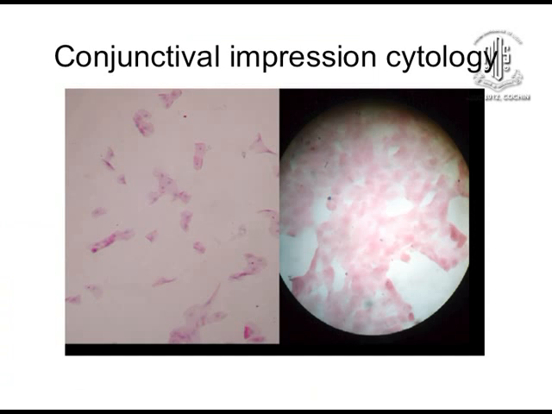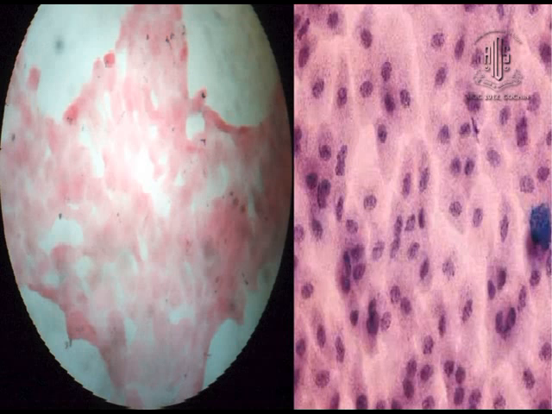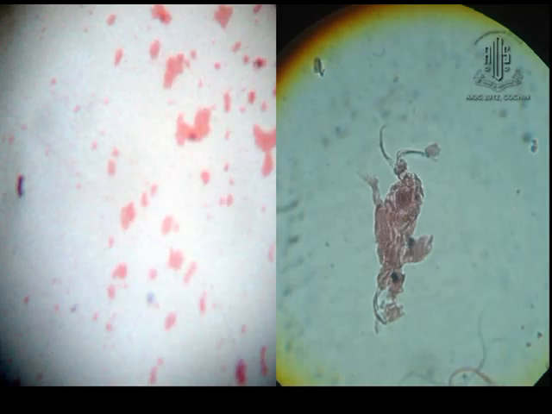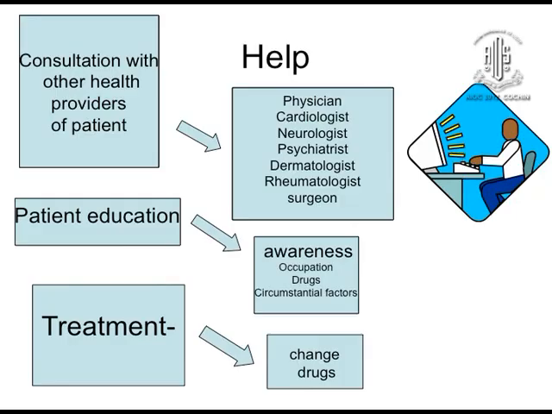And when you do impression cytology, in the initial stage you find breaks in the proper spreading of the conjunctival film, with the desquamated cells visible. As it goes further, you find pycnotic and double nuclei, and then the cells break with large breaks inside the area, and ultimately you find there are very few cells, there is dryness, and then you find clumps of mucous membrane along with the epithelial cells. So altogether this gives you the idea regarding the severity of the disease.